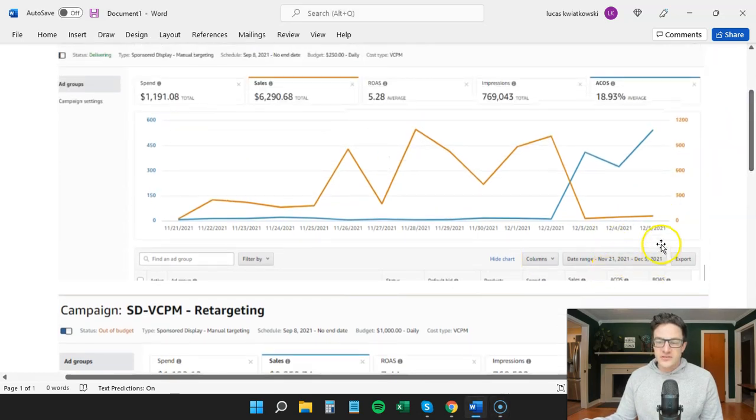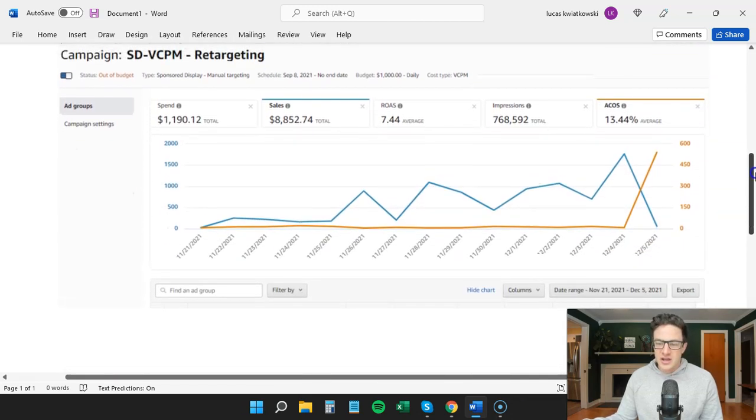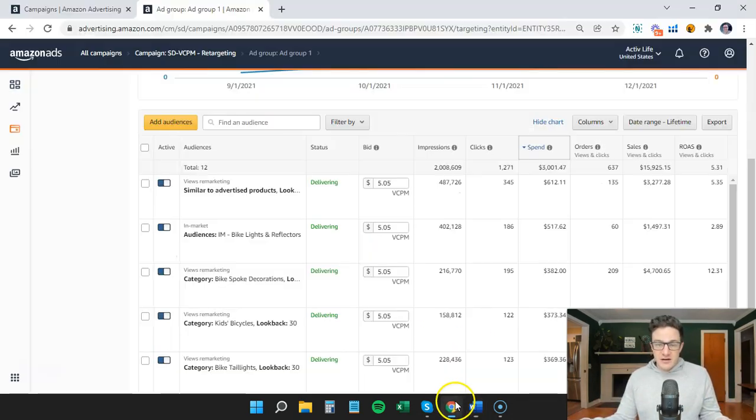So look at this. I had the 21st to the 5th. We have 6,200 in sales at 19% ACOS. Same exact date range, took it a couple days later, ACOS dropped by 6%, and we had one of our best days on the 4th. So now I'm going into this campaign, and what I can see here,